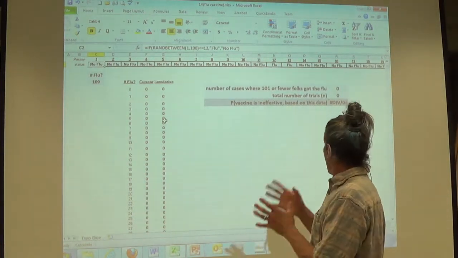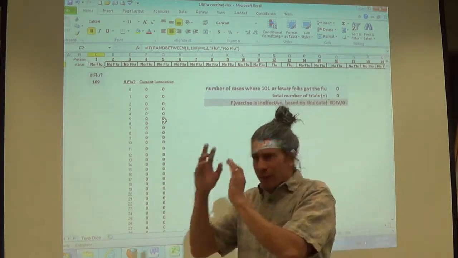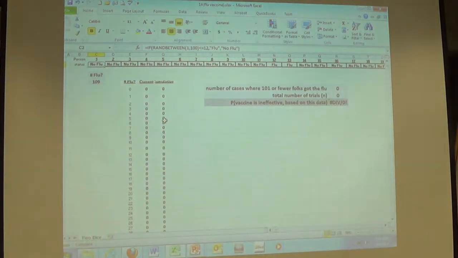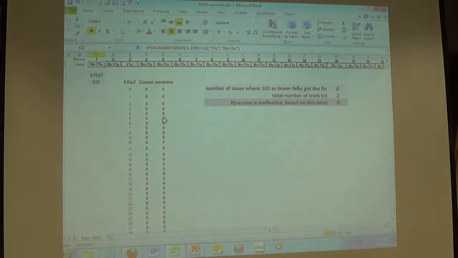So, how do we say if the vaccine is working or not? I don't know. Let's check it again. F9 again. 121 got sick this time. That's 12.1%. So what I'm going to do is, I have my stapler with me, something heavy. There we go. I'm going to let Excel